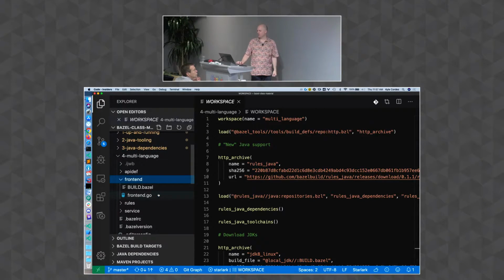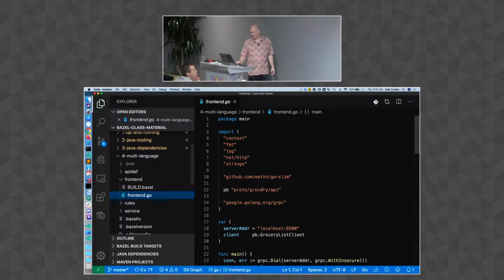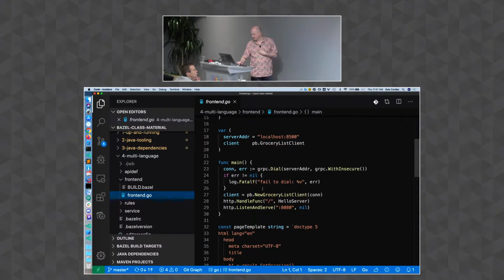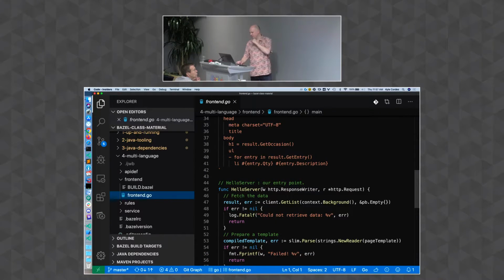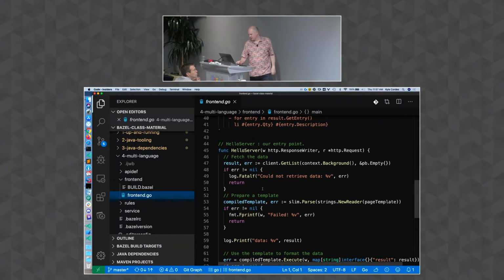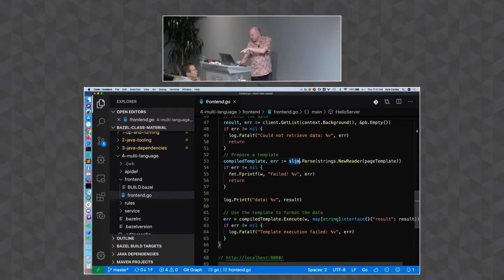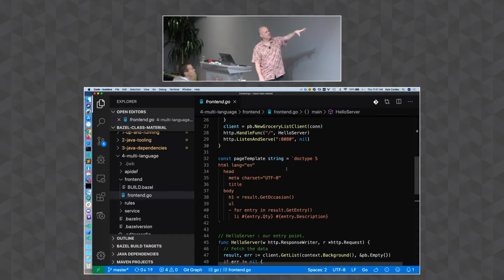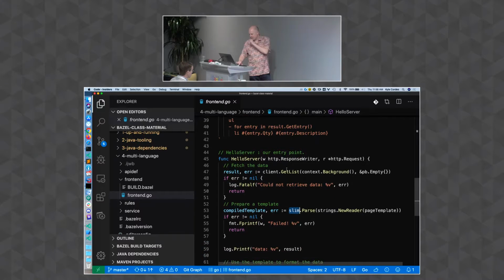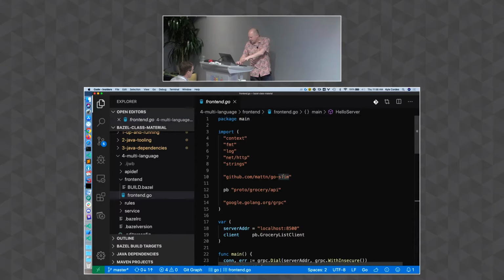We have a front-end program. It's written in Go. Now, again, I'm not a Go developer, so the details of the Go don't matter. I'm enough of a Go developer to write this program, but I'm not really a Go developer. It's using that Slim thing. Slim is the thing that takes this indented form of HTML and does some substitution. It's equivalent to ERB or 100 other tools like it in the world, PHP files, whatever. But importantly, it brings in this